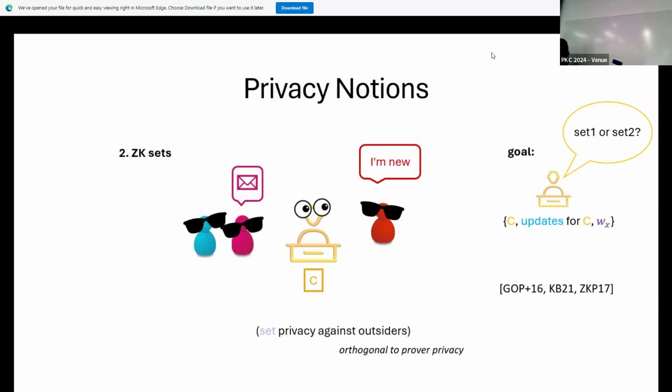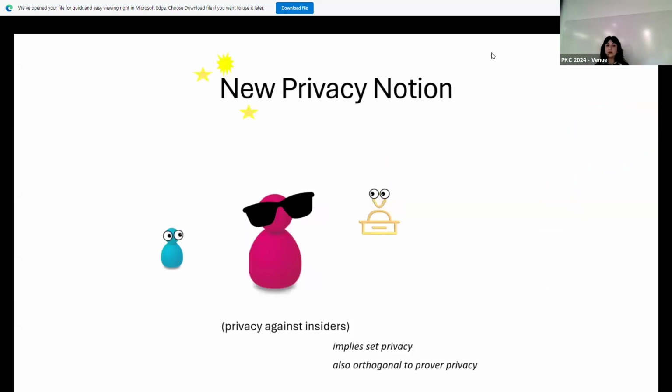And keep in mind that we can also combine those to get privacy. And we have also works on that. The idea here is you usually add some randomness and try to not let it interfere with the set, so you don't break soundness. And what we talk about in our paper is a new privacy notion that we call